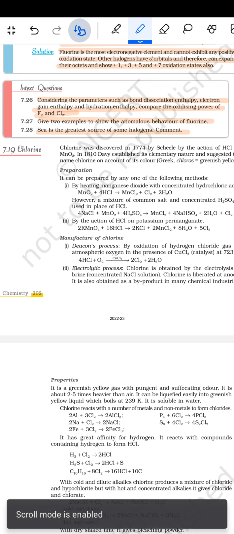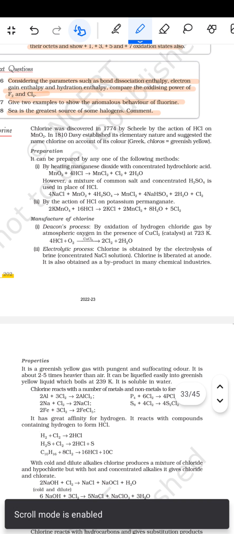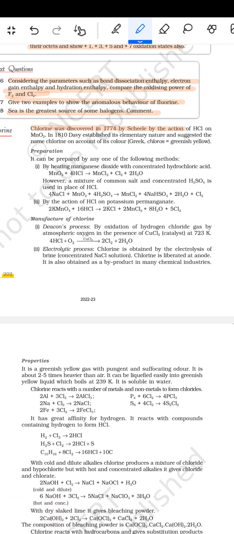Now the chlorine. Chlorine was discovered in 1774 by Scheele by the action of HCl on MnO2. In 1810, Davy established its elementary nature and suggested the name chlorine on account of its color, Greek chloros, greenish yellow. Preparation. It can be prepared by any one of the following methods: by heating manganese dioxide with